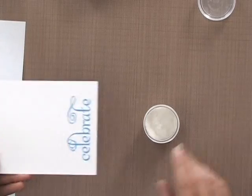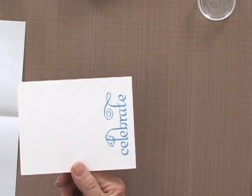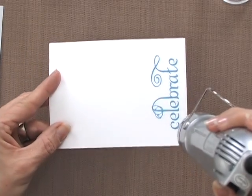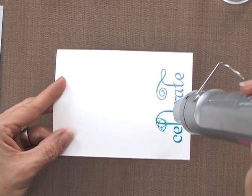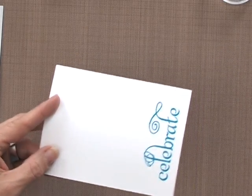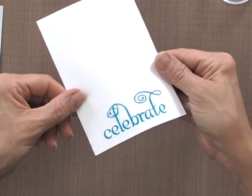And now you can see it's almost kind of dull, but let's zoom in a little bit on that. You can see that's kind of dull, but watch how shiny it gets when I hit it with the heat tool. And then the color comes out. See how the color's coming out now? There we go. And now I have this shiny greeting, just like it's embossed with regular embossing powder in color,